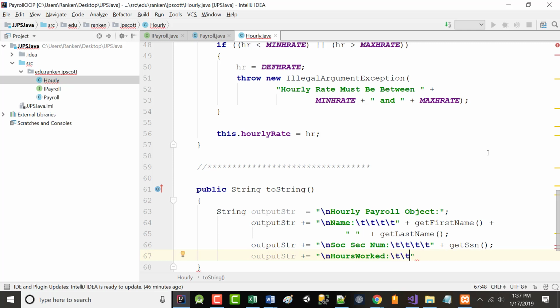I should have done a decimal pattern. I didn't. So this is going to look ugly, but that's okay.